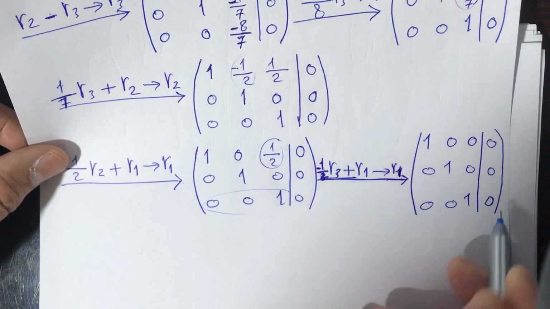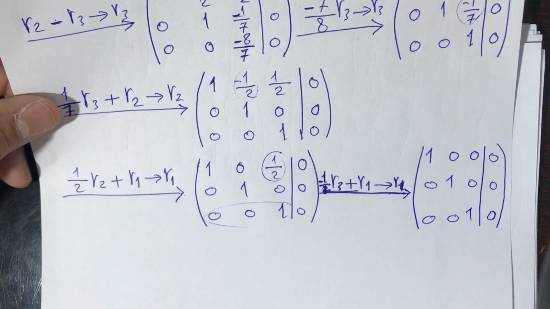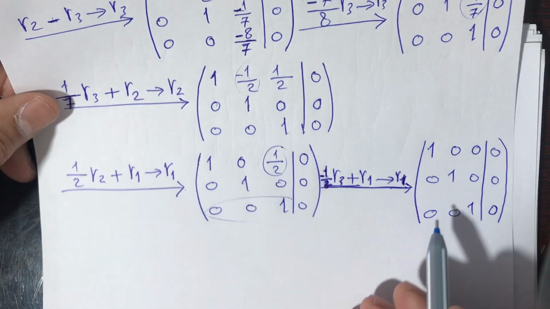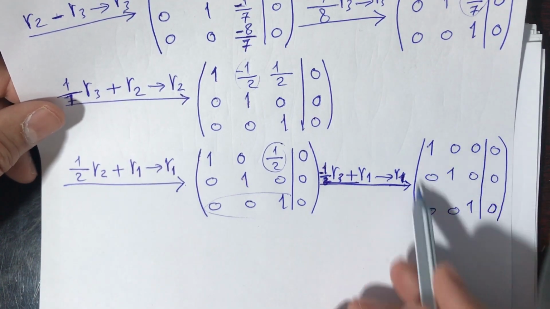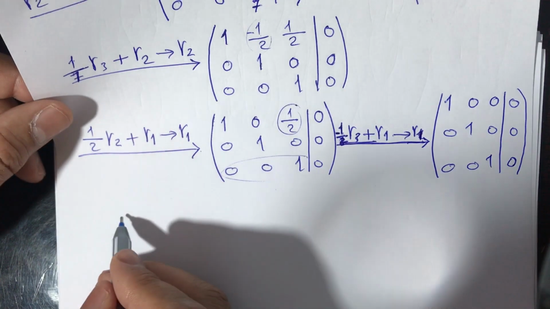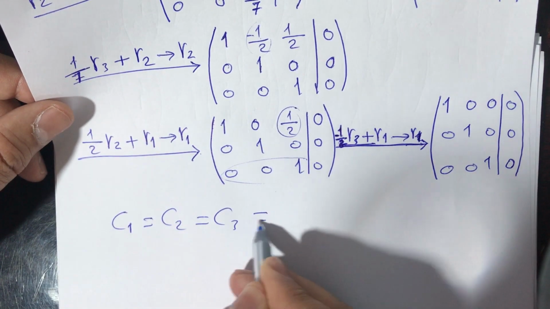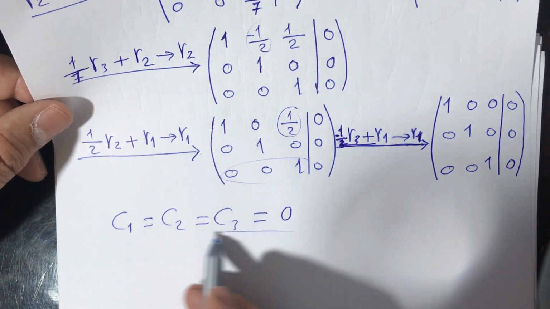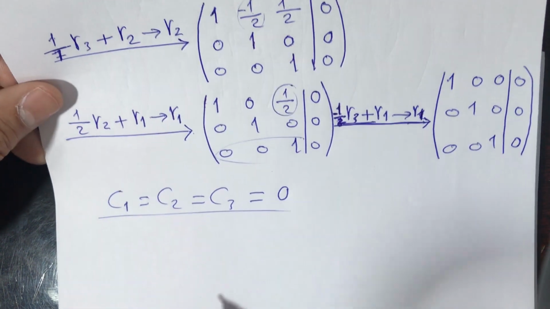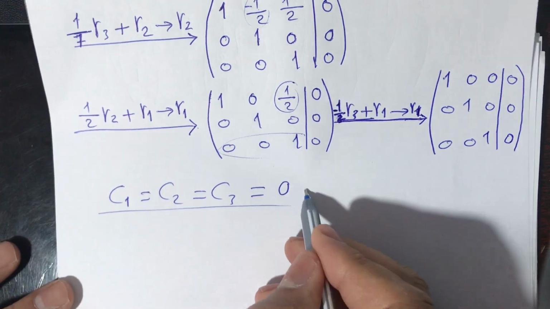So now we get the identity, so we get values of C1 equal C2 equal C3. This is equal to 0. All of them will be 0, and therefore hence